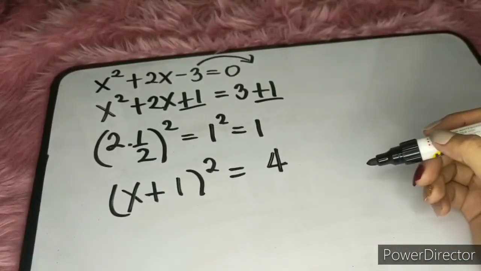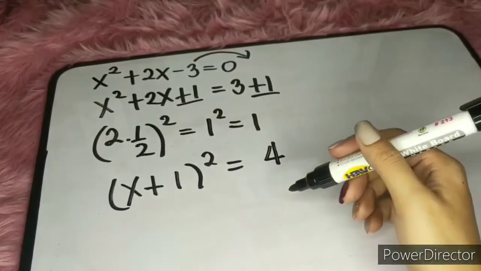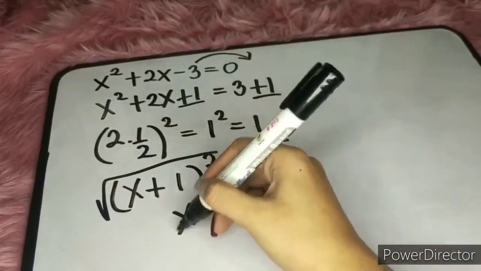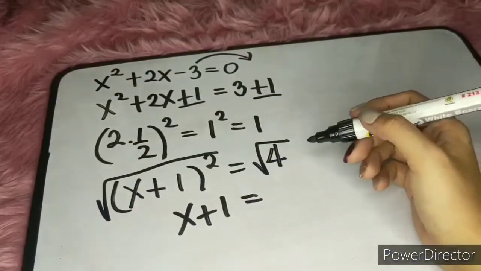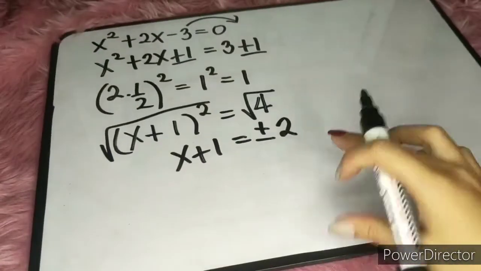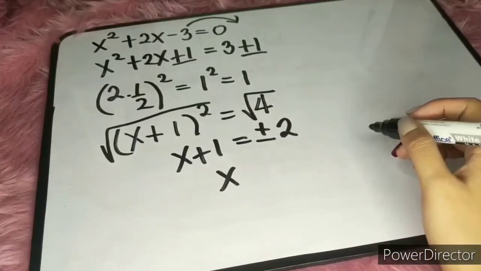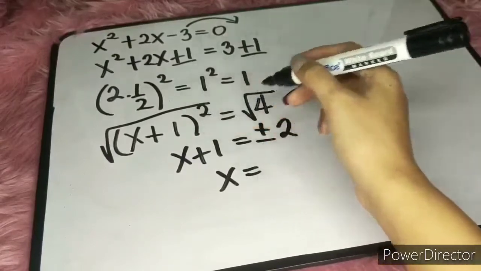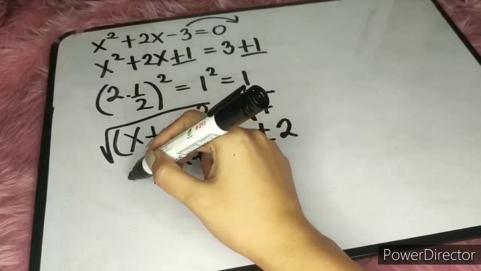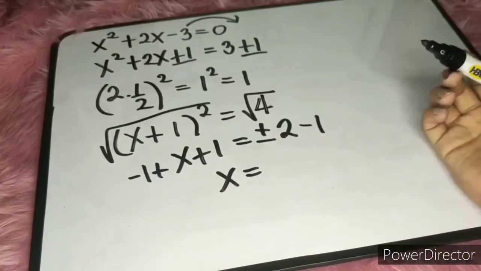And after that, we will be applying the square root property and we will be solving for x. So getting the square root on both sides, it will be x plus 1 is equal to, and in the square root property, don't forget the positive and negative, and the square root of 4 is 2. And we will be transposing this or applying the APE, addition property of equality, by adding -1 to both sides. So when we add -1 here and -1 here,